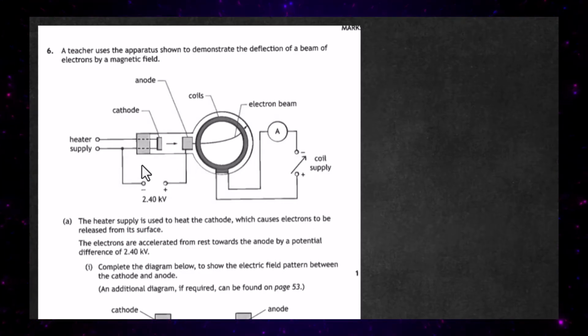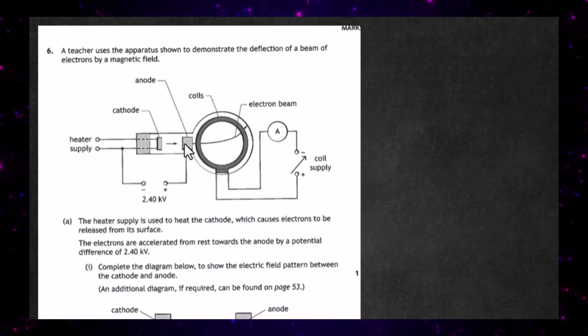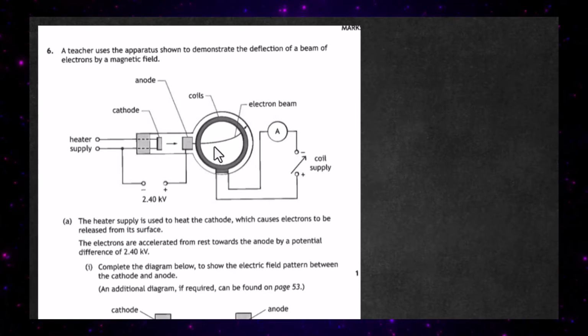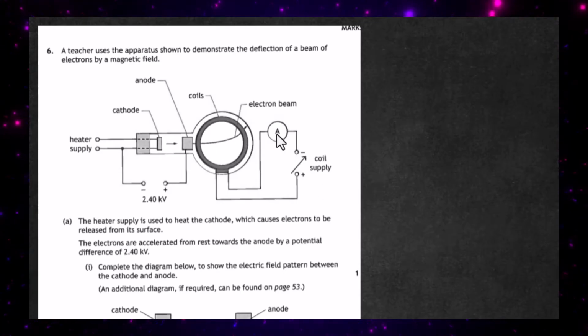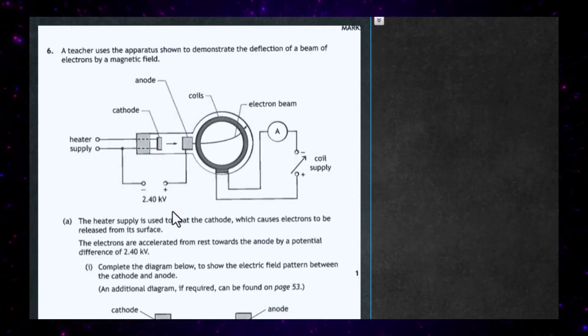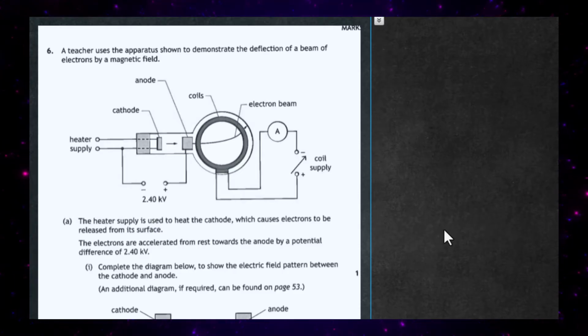We have a heater which supplies the electrons due to thermionic emission, and the electrons are swept across the electric field between the cathode and anode and in through the coils of a magnet, where the magnet deflects them up the way like that. You have an ammeter across here to measure the current, and you've got the potential difference here of 2.4 kilovolts. So the heater supply is used to heat the cathode, which causes electrons to be released